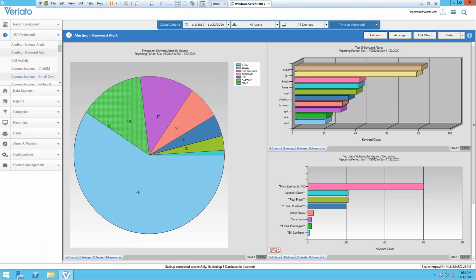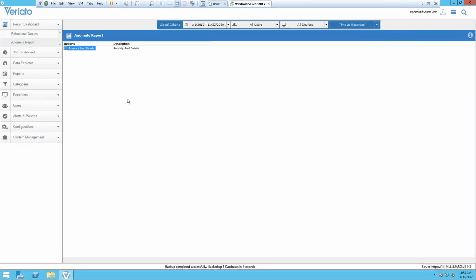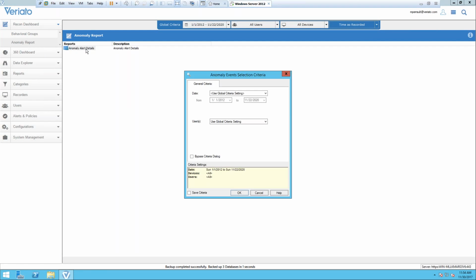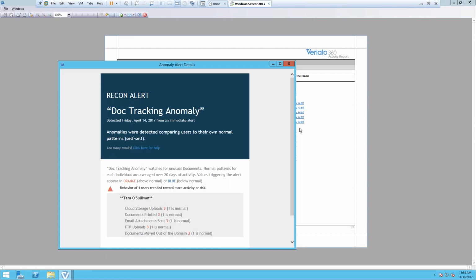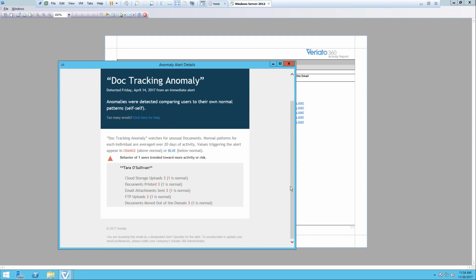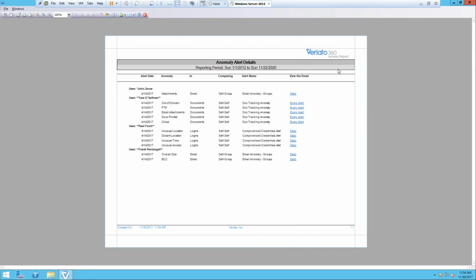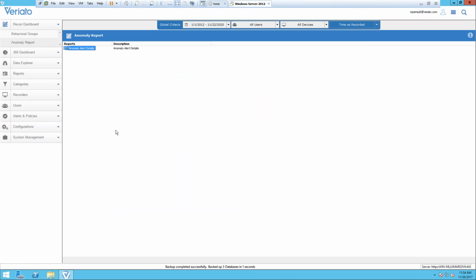Right. Now we do have some reporting as well. So the Recon dashboard itself, from an anomaly standpoint, when you do get alerts, I just kind of want to show you guys what they would actually look like. Like an everyday alert, you'll receive an email that basically tells you, in this case, what Tara has done that's not normal, and what is normal. These could be sent to your inbox. It could be sent to a group of emails if you needed to as well, or they could just be sent inside here as a report that you can come in and view if you needed to.